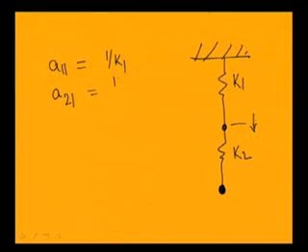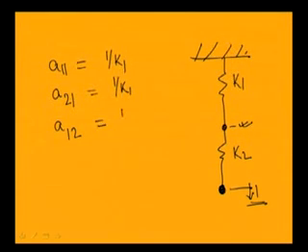Now let me apply a unit force at this position. When I am applying a unit force at this position, displacement at this will be equal to the force applied at this position by the stiffness at this position. As these two springs are in series, the same force will act at this position also. So 1 by K1 will be the displacement at this position due to a unit force at position 2. So this becomes 1 by K1, and A22 will become